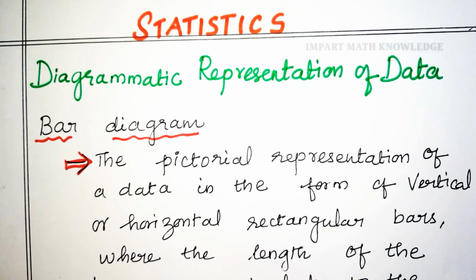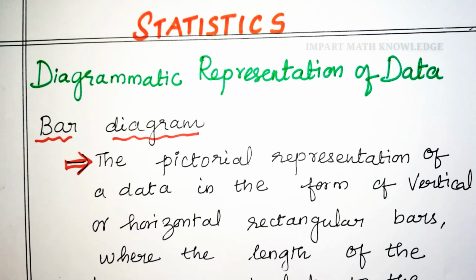Statistics is a collection, classification, presentation, analysis and interpretation of numerical data. The collected data can be classified according to the characteristics and then presented in the form of tables as well as diagrams and graphs. I am going to discuss diagrammatic representation of data. Diagrams are more attractive and impressive. Even a layman can understand and compare the given data quickly.